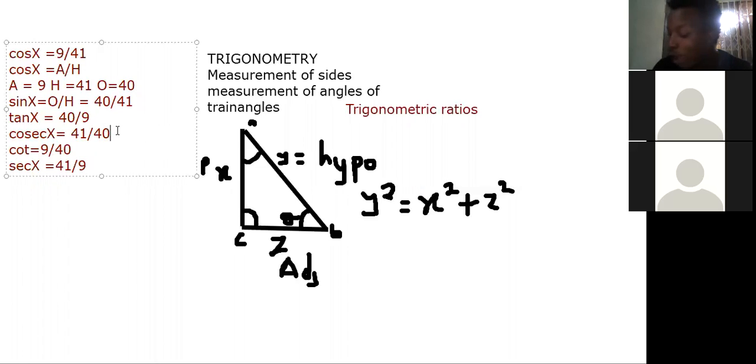But I also gave you the formula for the cosec. I said cosec is hypotenuse all over opposite, right? You are talking about cosecant. Yes. So hypotenuse